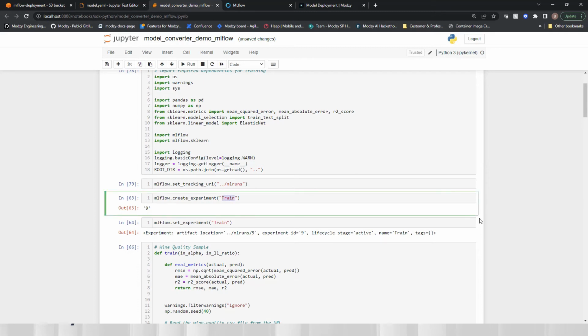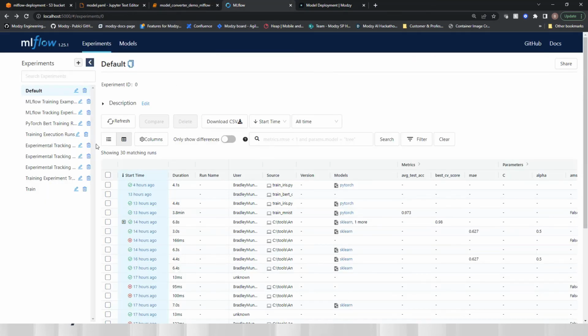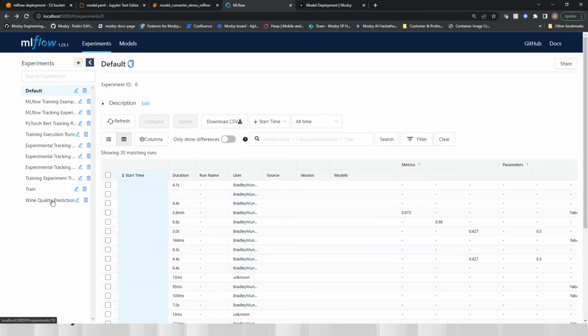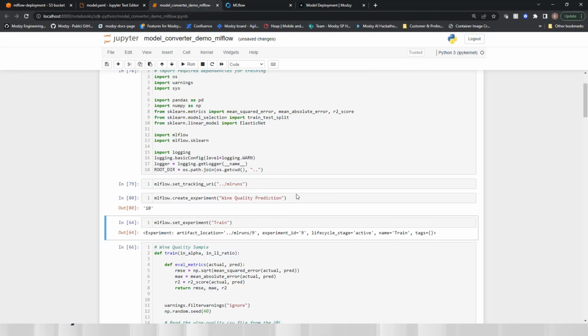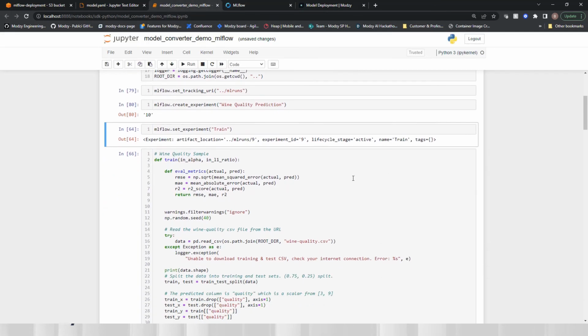And then we'll create a brand new experiment. We'll call this wine quality prediction. And this ID here is just to make sure that it differentiates from the other experiments I've run. Hopping back over to the UI, we should see a brand new experiment show up down below. And so now as I run different training experiments with this experiment, they will show up here. Okay, so we'll set our experiment to the one that we just created,